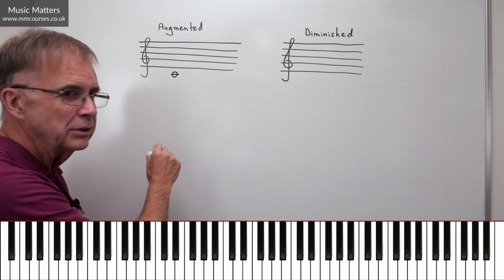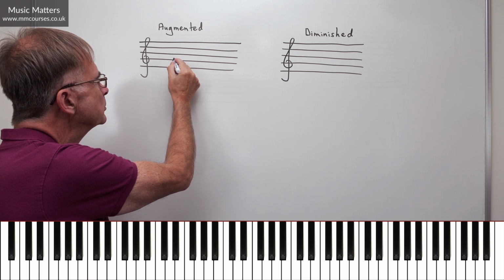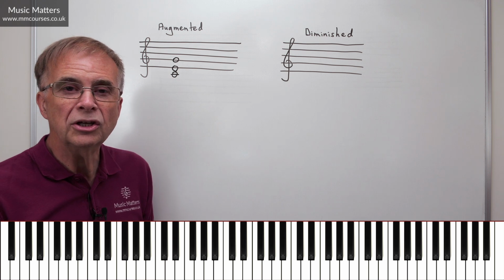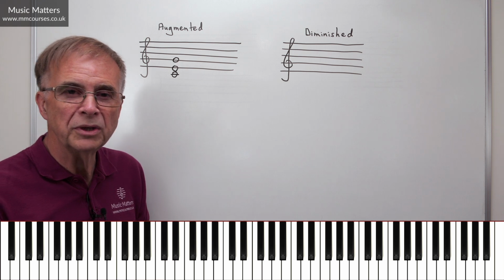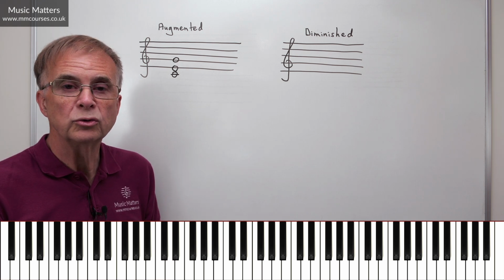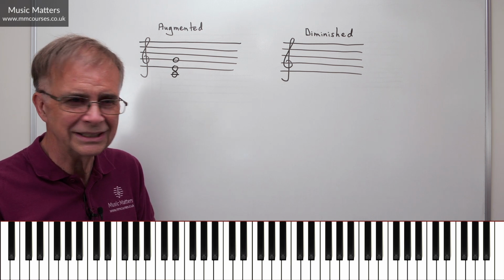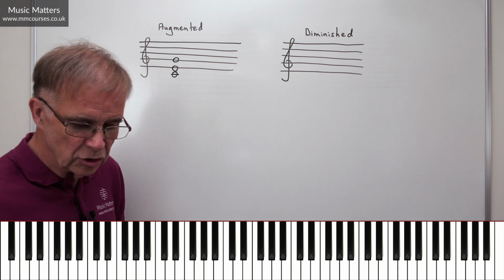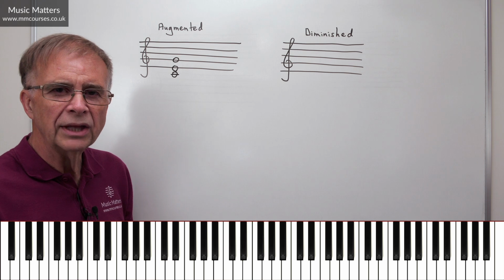So if I'm going to build on C, a major triad will look like this, because in order to form a triad, I'm going to add a 3rd and a 5th above the bottom note. The bottom note's often called the root or the root note. So just in case you come across that term, you're not quite sure what it is. So the C is the root of this chord. That is a major triad. So C, E, G.